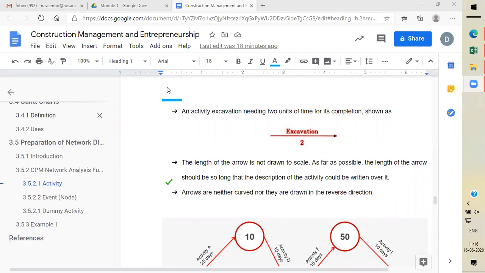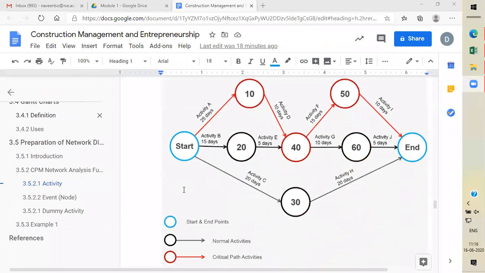You see, this is one more example of activities. Let us say there are some activities A, B, C. You see, all activities are represented above, and immediately below they have the duration. It is not a hard and fast rule that you should do it like this only. It depends upon the product and their convenience. But the standard notation for drawing the network diagram you should know. They have indicated it below itself. This 25 days can be written here also. That is one thing you can do.